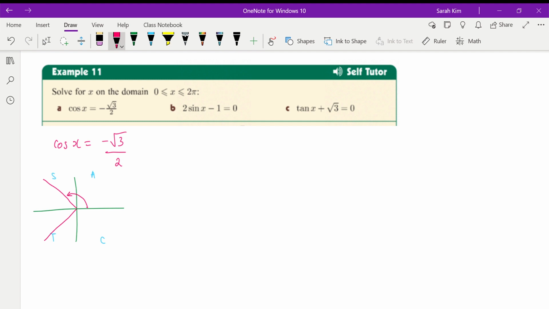So I'm going to change my calculator settings, change it to radians. Let's see what happens. Depending on if you have a new calculator or not, it'll give you the answer straight away. So I've done x equals, in order to find my x value, if I just write it over here, x equals inverse cos of minus square root 3 over 2, I got the answer of 5 pi over 6. Now I should be able to see this on the unit circle as well. So if I go over here,